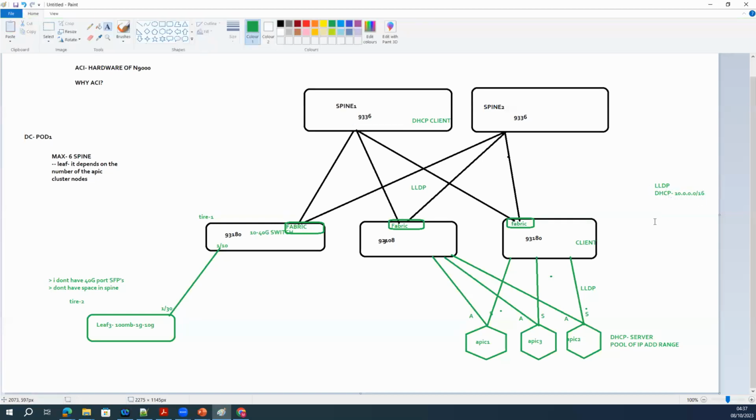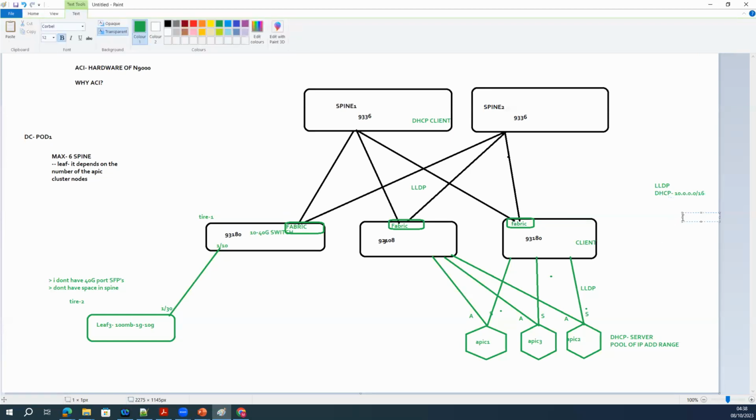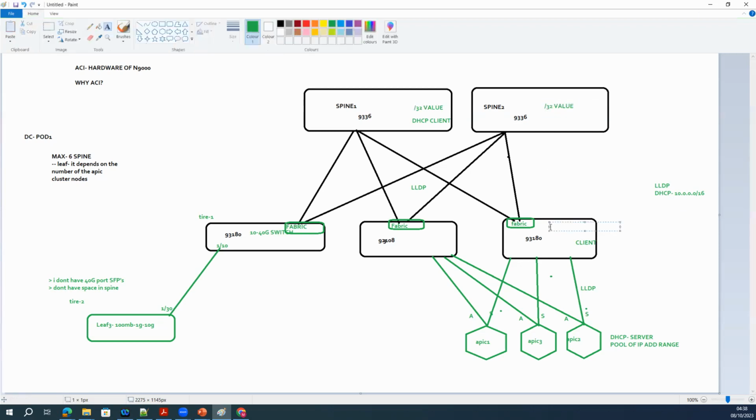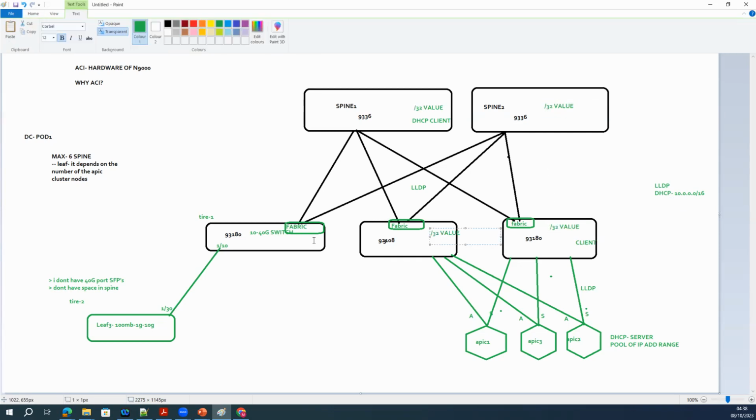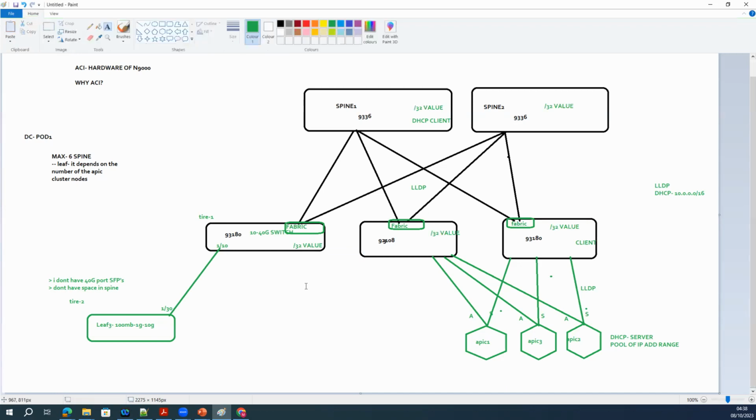So APIC will be distributing IP addresses using a /32 value. I will cover in detail how this works, no worries. For each leaf and spine switch, APIC assigns a /32 value for communication.